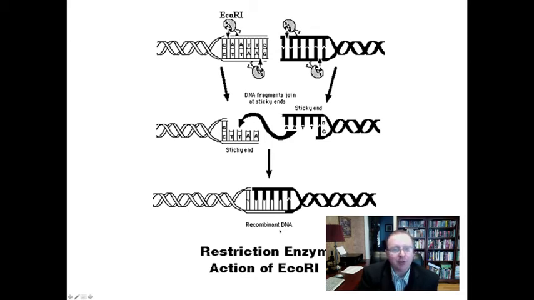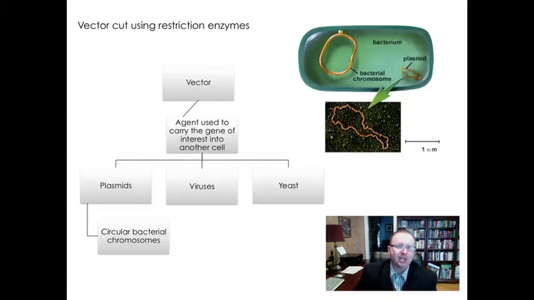Now, the other thing that needs to be cut, other than the gene of interest, is the vector. A vector is any agent that is used to carry the gene of interest into another cell. So oftentimes, we obviously are going to use simpler substances. We're going to use substances that tend to reproduce very, very quickly. So some common examples of vectors include plasmids, viruses, and yeast. And the type of vector that we're going to be talking about in class most often in this unit are